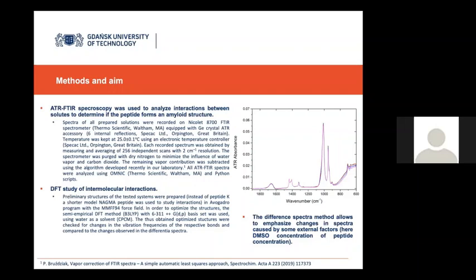We used a variant of the derivative spectra method to isolate and boost spectroscopic signals indicating interactions. Additionally, we used DFT calculations to confirm our spectroscopy results. This method was especially necessary when we study K-peptide and TMAO system. Bartosz used a shorter model of peptide, NAGMA, which is similar to K-peptide. He arranged NAGMA with aqua systems so as to optimize and achieve the lowest energy for the system.